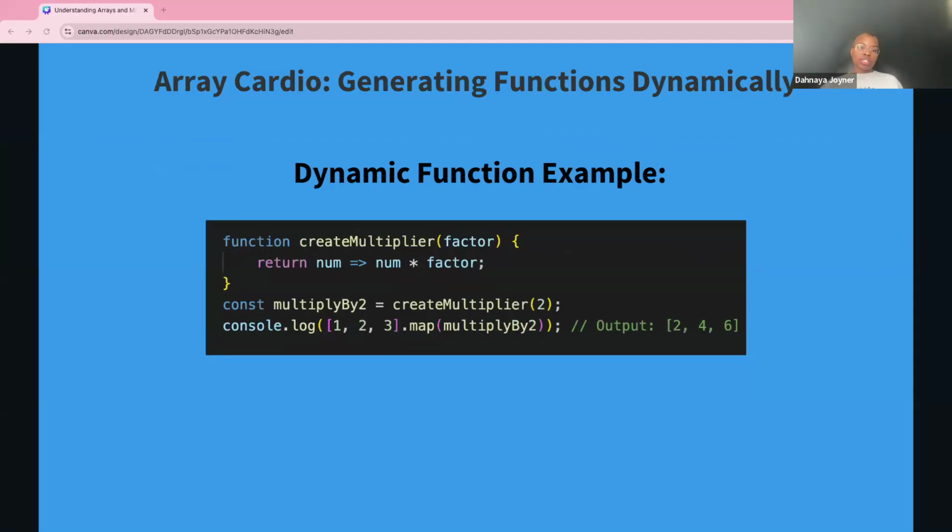So this is a dynamic function example. We have this create multiplier function, which takes in a factor and it returns a number times that factor. Then we have multiply by 2, which will equal the output of create multiplier when you pass in the number 2. And so when you print this out, you have this array of numbers 1, 2, 3. You call .map, which again, map will return a new array, and you're passing in multiply by 2, which again,